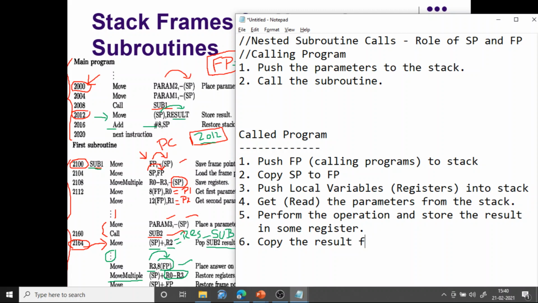Then copy the result from register to stack.